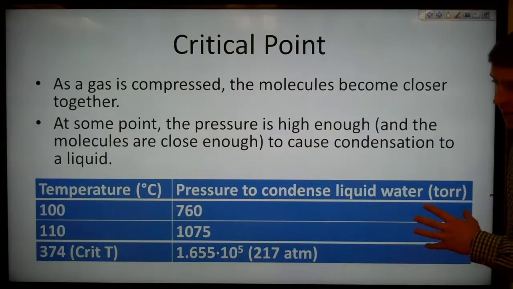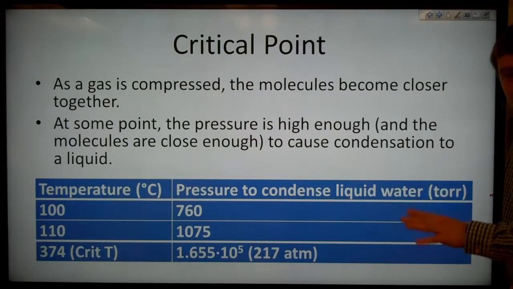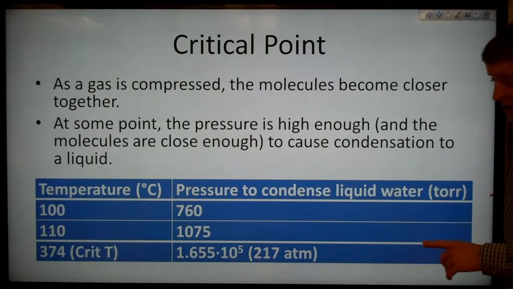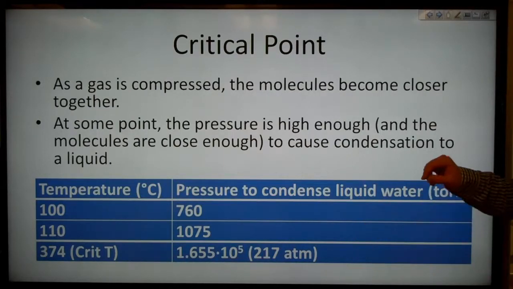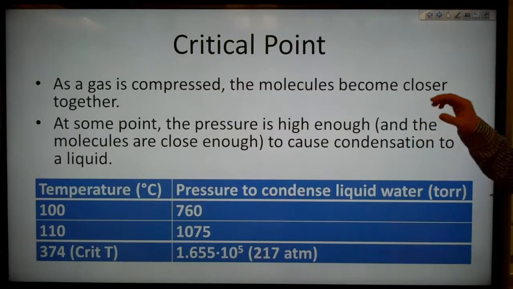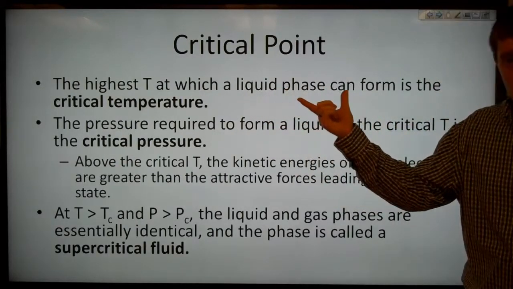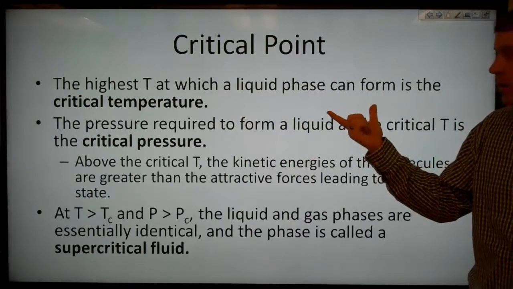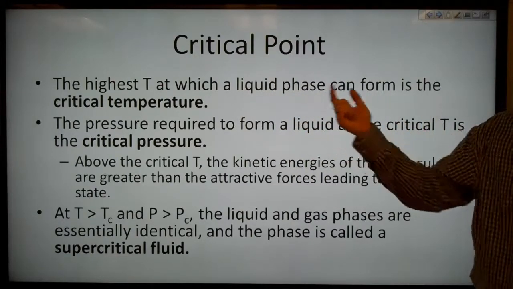At any temperature above 374 degrees Celsius, you can't get liquid water to occur no matter what pressure, even if you go above 218 atmospheres, 217 atmospheres. But at that pressure now, we get our supercritical water. So the highest temperature at which a liquid phase can form is what we call the critical temperature,